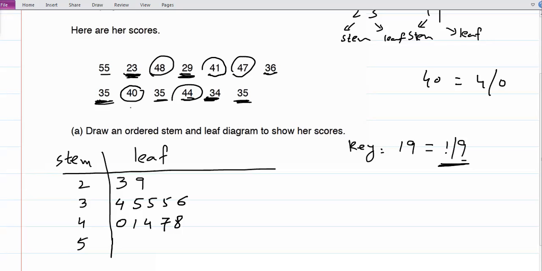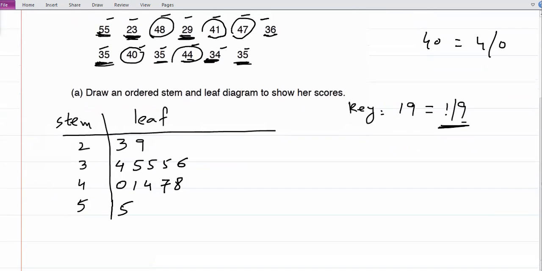Now you have to move to the numbers starting with 5. Which is the smallest number starting with 5? That is only one number, just 55. You can check: 1, 2, 3, 4, 5, 6, 7, 8, 9, 10, 11, 12, 13. Yes, it means our stem and leaf diagram is complete. So this is the way to write the stem and leaf diagram. Okay. Let's take another question for the stem and leaf diagram. Just 1 minute.